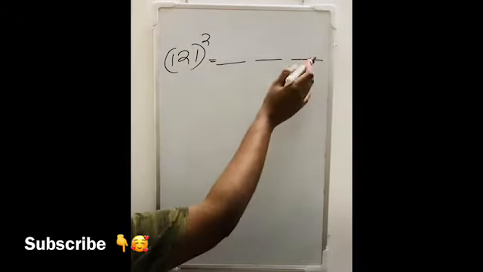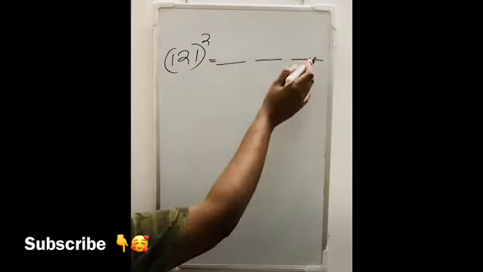Next, you should find the square of 12. If you don't know the square of 12, you can use the same method. 12 square, there will be 3 parts. The last part will be 2 square, because that is the last digit, and the remaining digit is 1. So the first part is 1 square. And the middle term will be 2 into 1 into 2. So 1 square is 1, 2 into 1 into 2 is 4, and 2 into 2 is 4. These are the 3 parts.